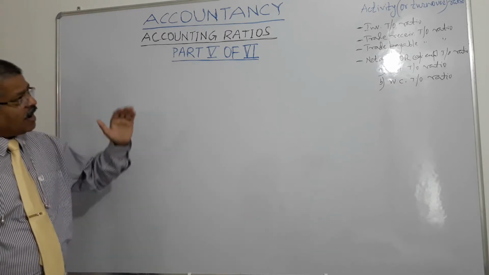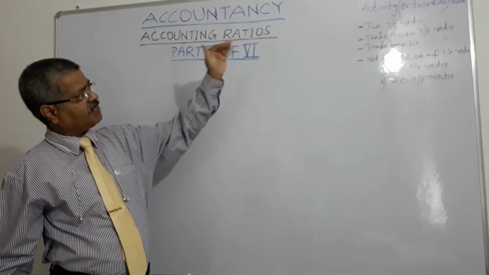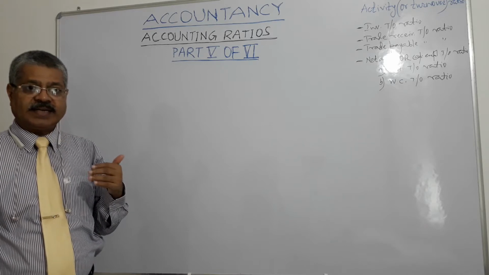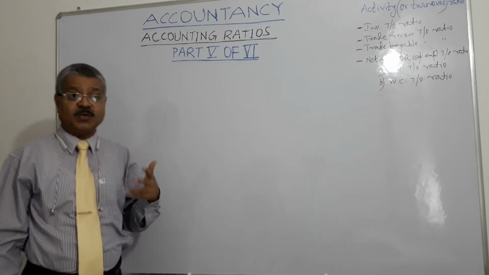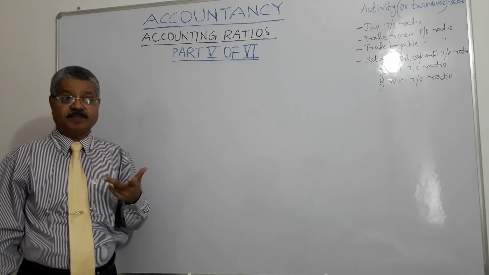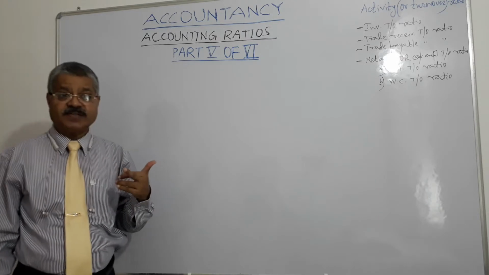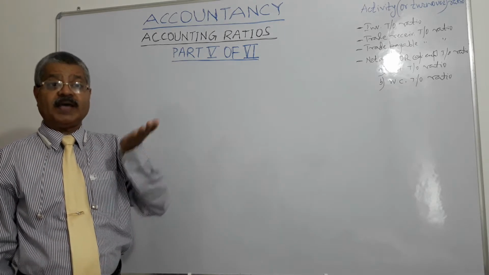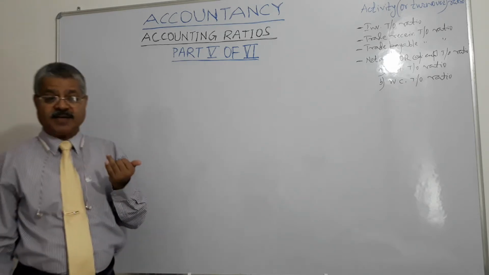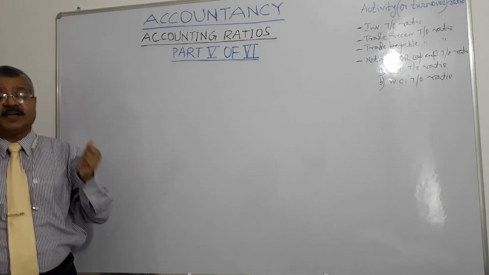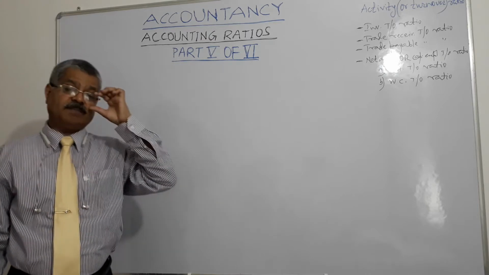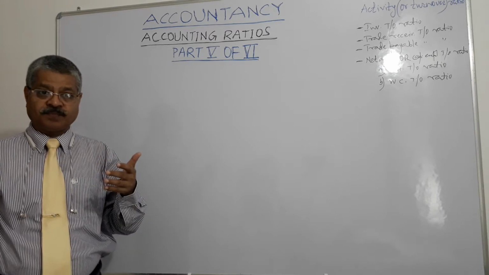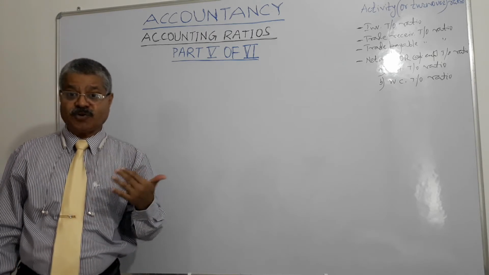Then a higher turnover ratio indicates that assets are being turned over into sales at a high speed. It means the efficiency of operations and the resultant profitability are expected to be high, right? Higher turnover means better utilization of resources available with the business enterprise. Resources are being utilized in an efficient way.